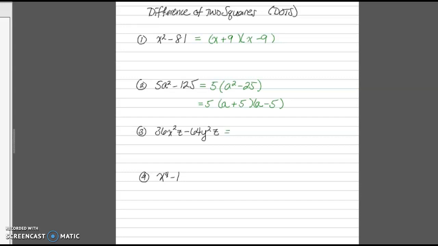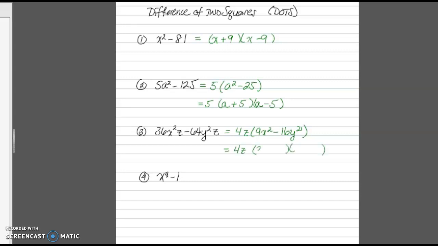In the third example, we also have a GCF. 36 and 64 are both divisible by 4. So we are going to divide each term by 4. Oh, and there's a z in common as well, so I'll take that z out. Without taking out that z, we couldn't use the method of a difference of two squares because z to the first is not a perfect square. But when I do divide by 4z, I'm left with 9x squared minus 16y squared, which is the difference of